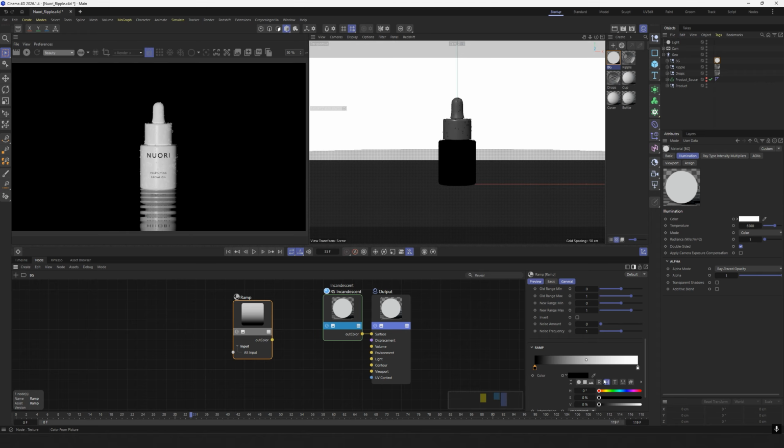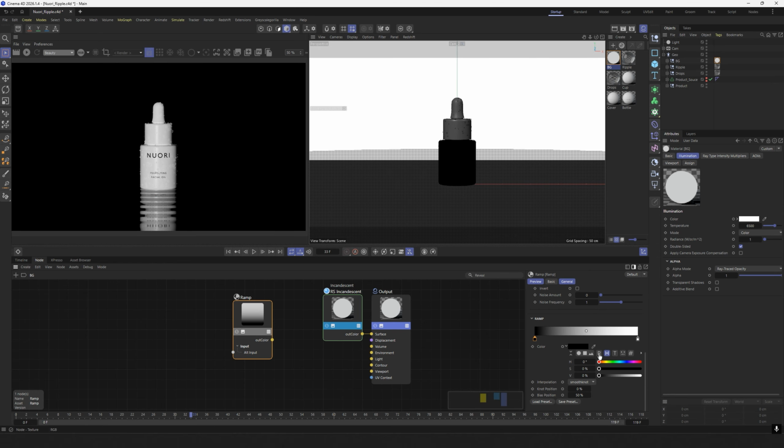Expand the color tab and switch to RGB values. For the first color, use warmer tones